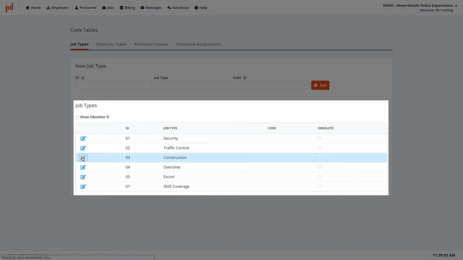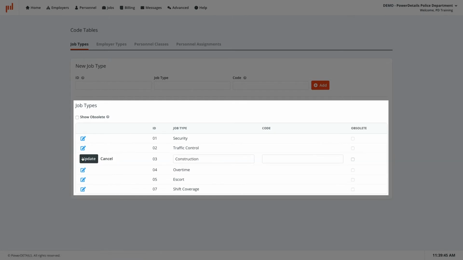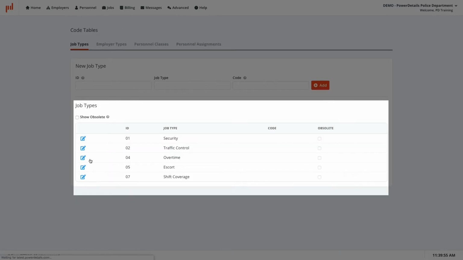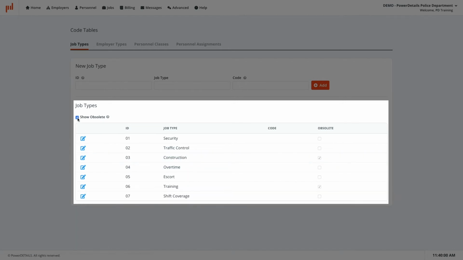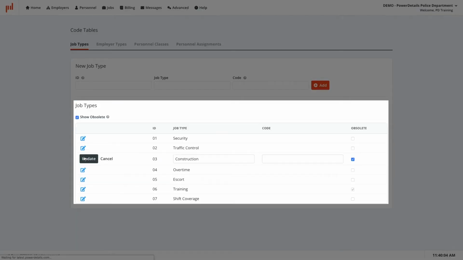Any existing types can be modified by clicking the pencil icon to the left of its name. Note that IDs cannot be changed once the type is created. Checking the obsolete box will remove a type from your list, but any historical information attached to it will still be accessible. Obsolete types can always be accessed by checking the Show Obsolete box to the top left of the